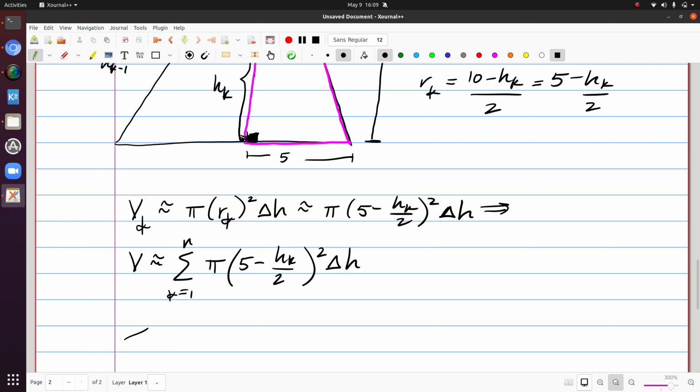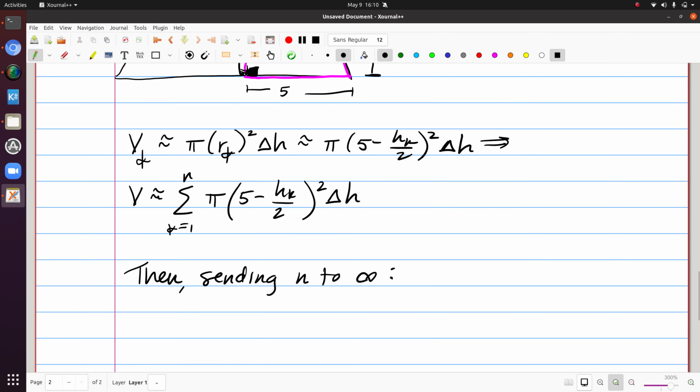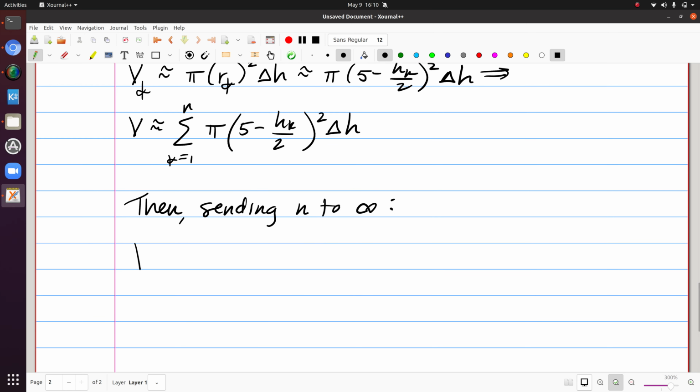Then again, sending n to infinity, it no longer matters that I happen to choose a right-hand sum, and it becomes exact that the volume here is equal to the integral of pi times 5 minus h over 2 quantity squared